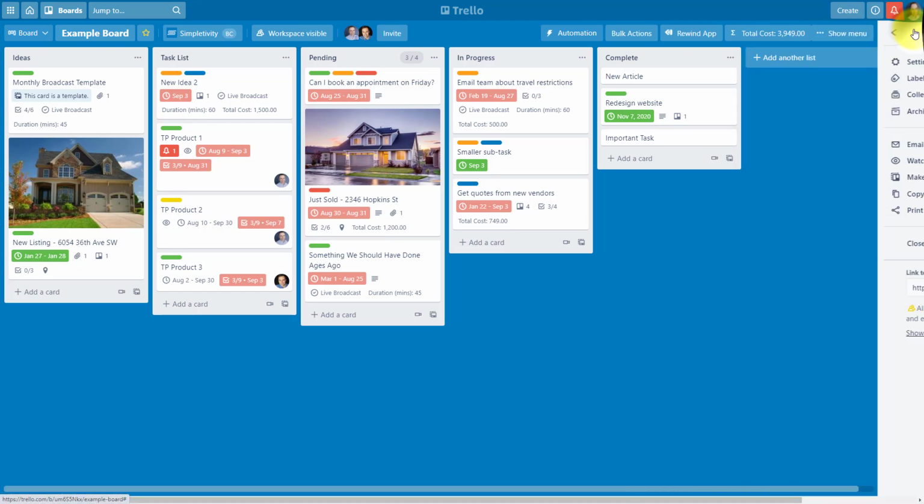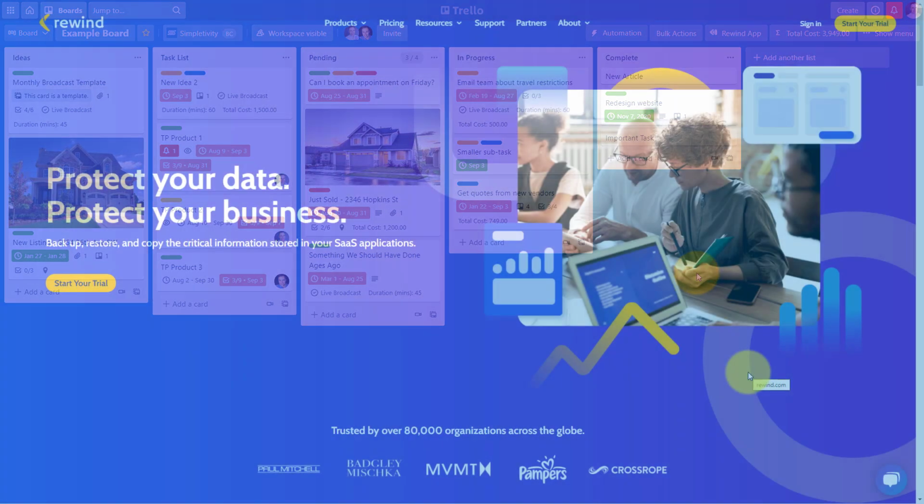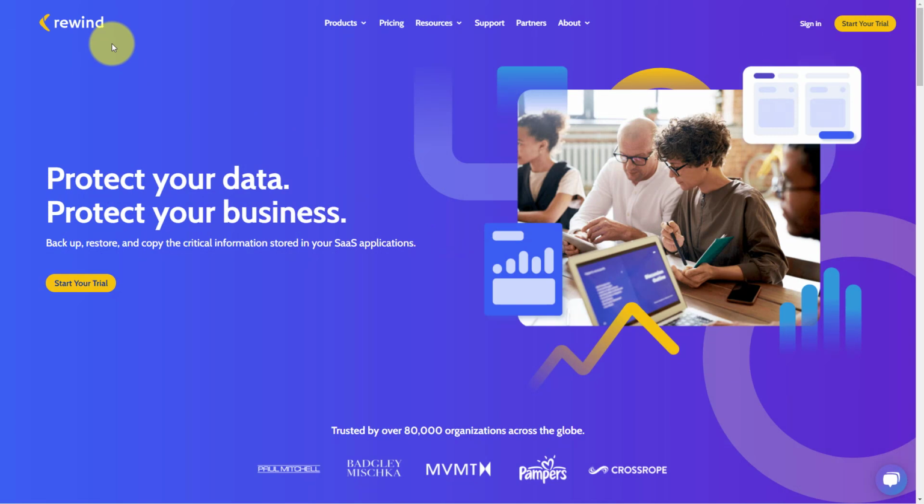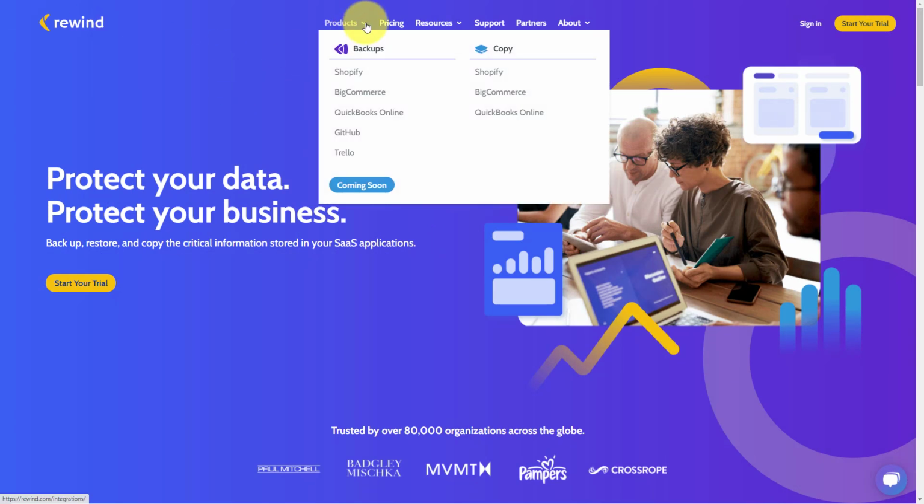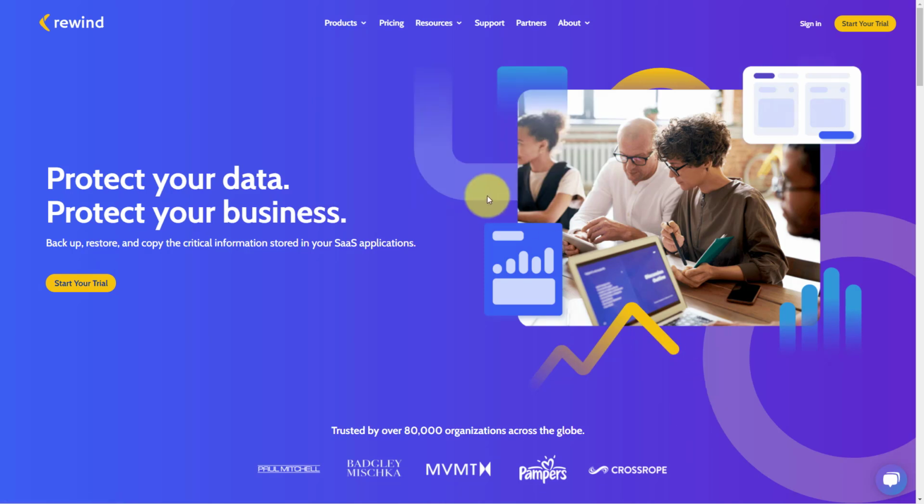So what do I recommend to my clients? I recommend that they use Rewind backups for Trello. Why? Because Rewind has been providing backup solutions for other products such as Shopify and QuickBooks Online for years. So not only can you trust them, this is all that they do: back up resources for business owners and users like you. Let's take a closer look at what Rewind backups looks and feels like when it comes